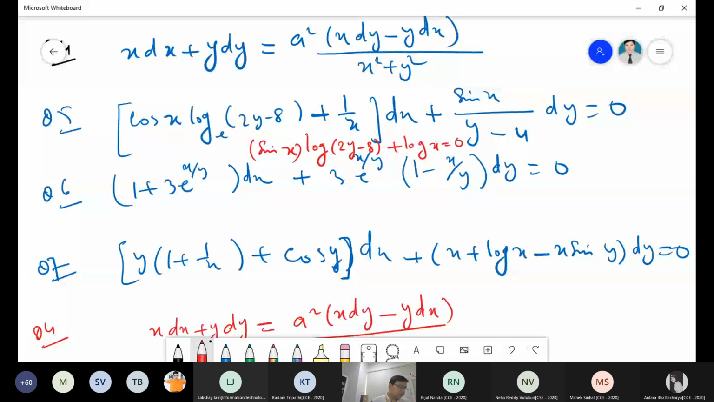There is something missing here. Have you got this value? Sir, why भी होना चाहिए ना? नहीं नहीं नहीं, इस क्वेश्चन में एक मिसिंग है कि